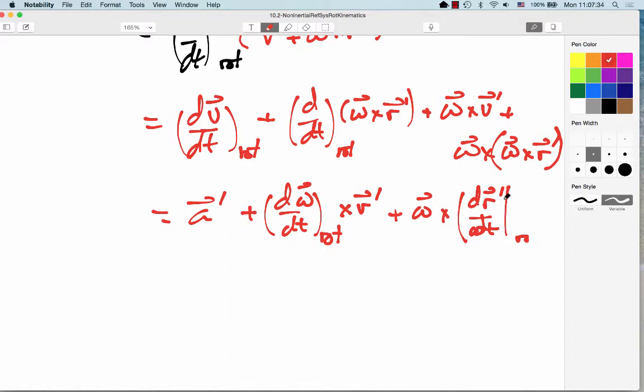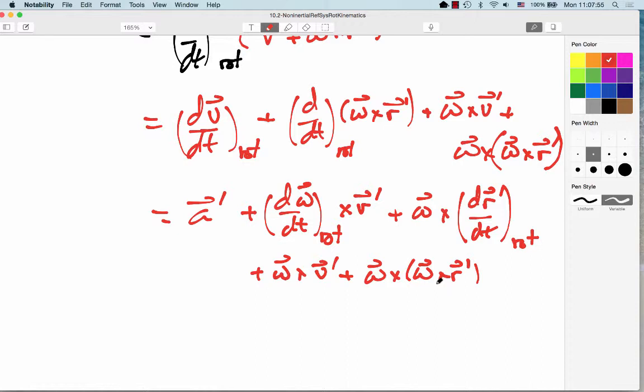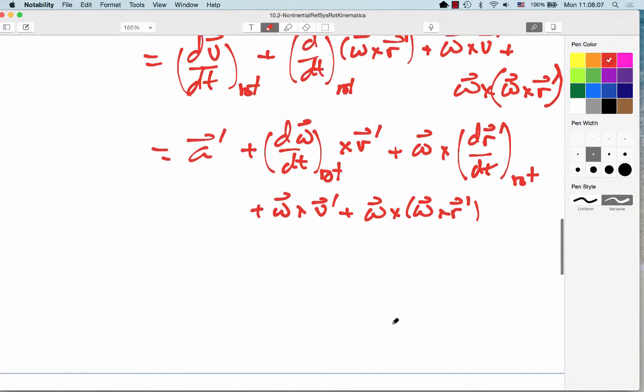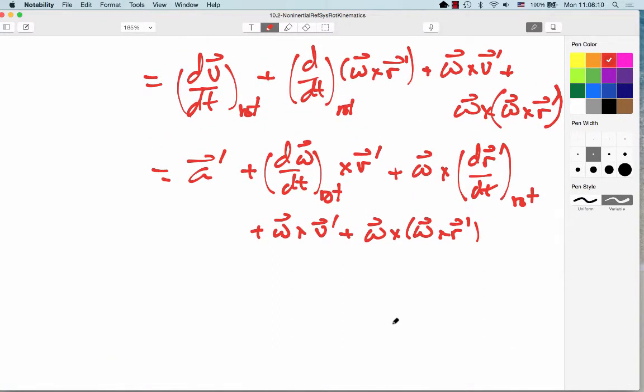Oh geez, that's awful. dt, evaluated in the rotating frame, plus we still have our other terms, plus omega cross v prime plus omega cross r prime. Now, if we take a look at that a little further,